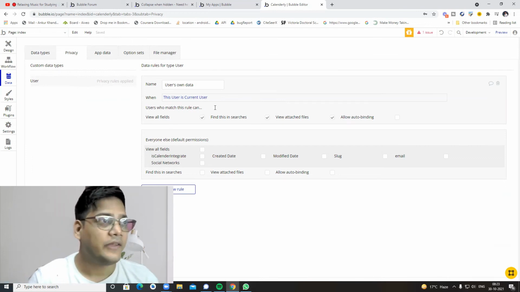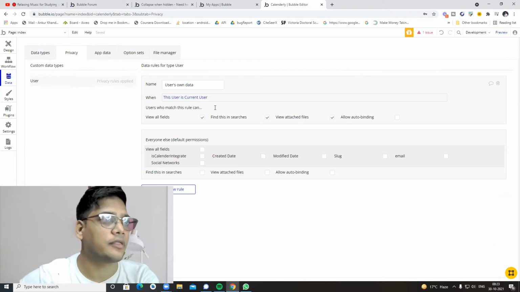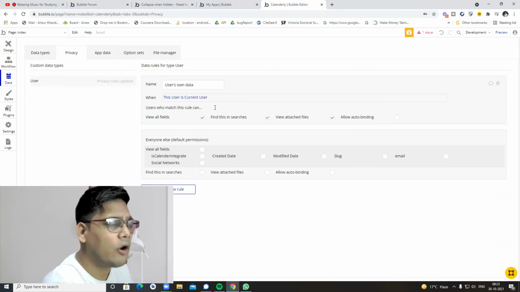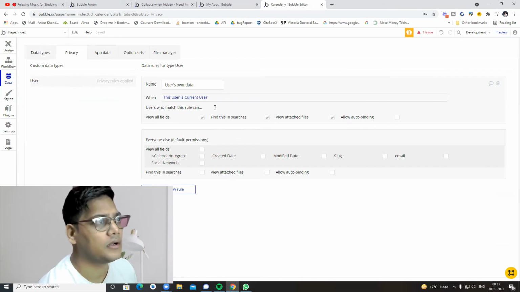The second use case is, for example, you have a table which has 26 or 28 columns. When you make a Do a search for or any database search operation, it will fetch all the columns, but I don't think you always need that many columns. So just set up a privacy rule and uncheck the fields.